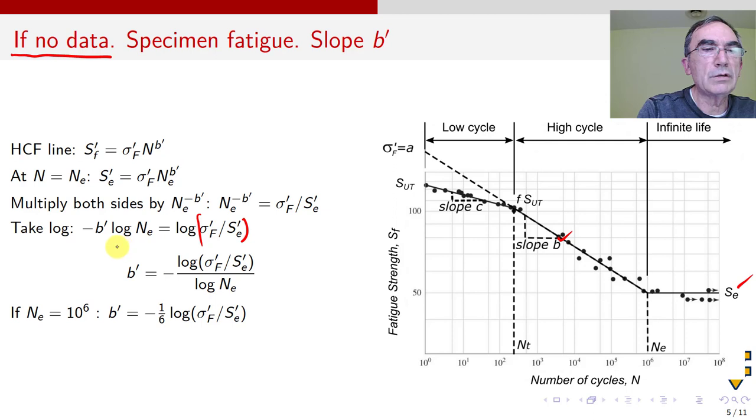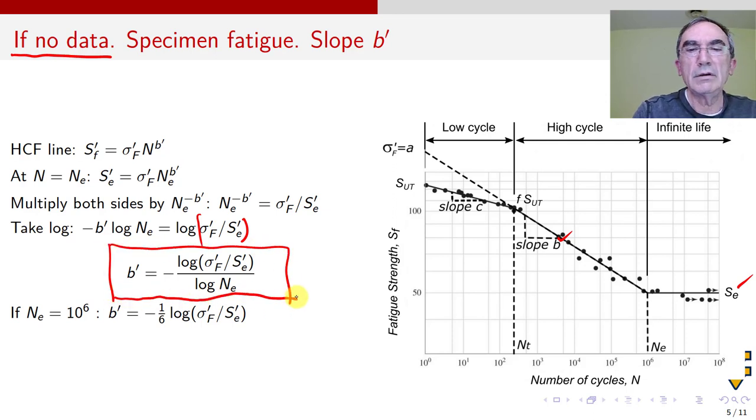And here now you have an equation that is super important, because if you have no data, how are you going to get the B prime? You cannot do the regression like I did with Excel because you have no data. So you say, okay, I can do this equation. And if this is like the old-fashioned, we assume that this is true, then you can simplify a little bit the equation, but not much. This is the same. And log of NE, well, if NE is 10 to the 6, obviously, that's a 6, so here's the 6. So, okay, you have this equation.